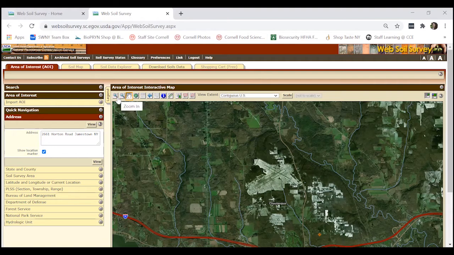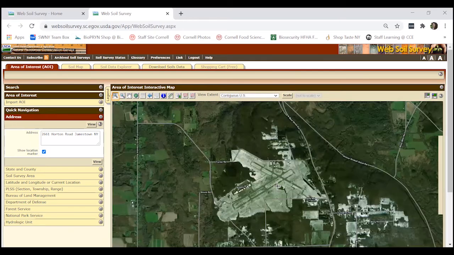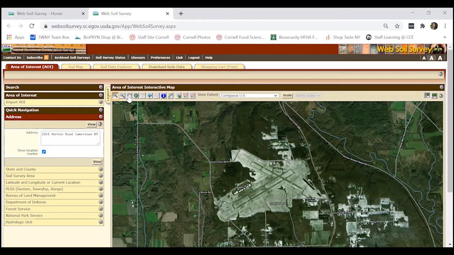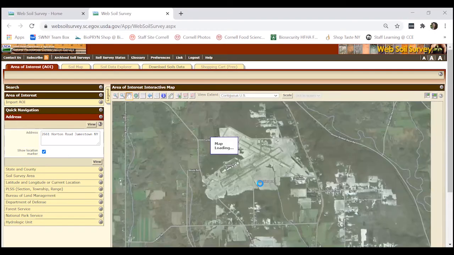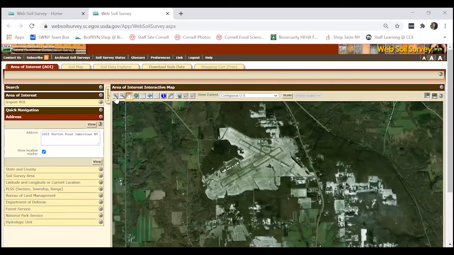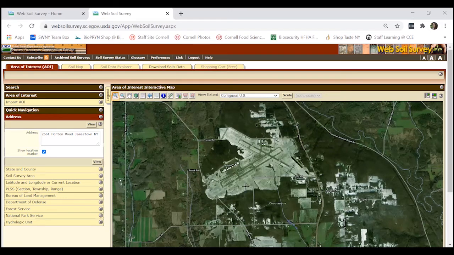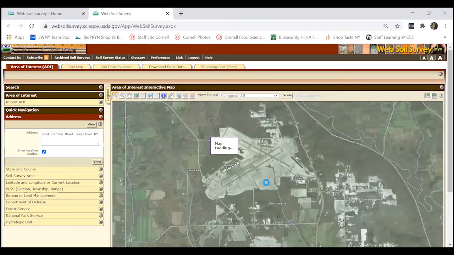So to zoom in, I'll click the plus magnifying glass, and then go ahead and click in the middle of the area that I want to zoom in on. One click takes me there. I'd like to move that field around so that it's again centered in my screen. Once I've done that, I will click the plus magnifying glass again, click in the middle of that map,